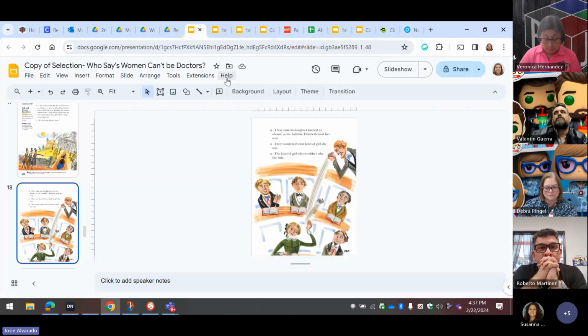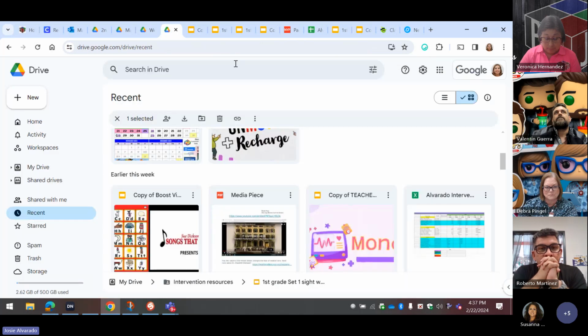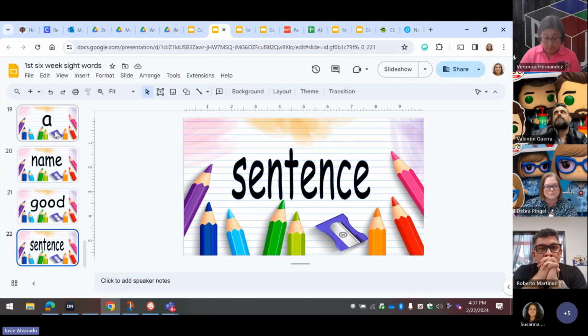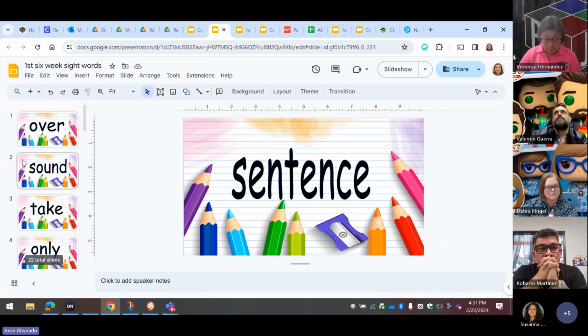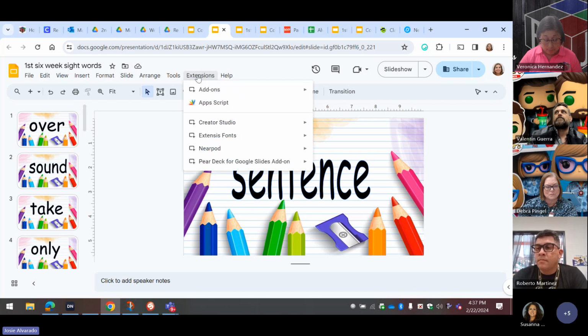It's kind of hidden. When I was making the activity for them, I had a hard time. I was like, OMG, it's not as easy as it's just right there. There are a few steps to it. But these are the sight words that I have for my little ones. And once you have your slides ready, even the ones from the district, like our extensions here with Nearpod, you go to Nearpod and open it.